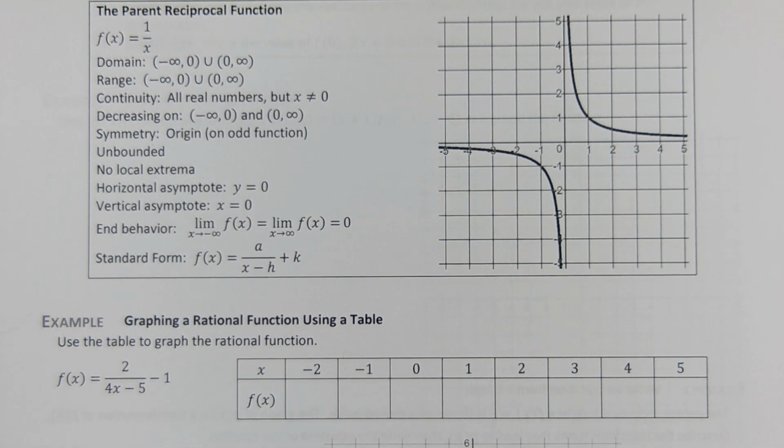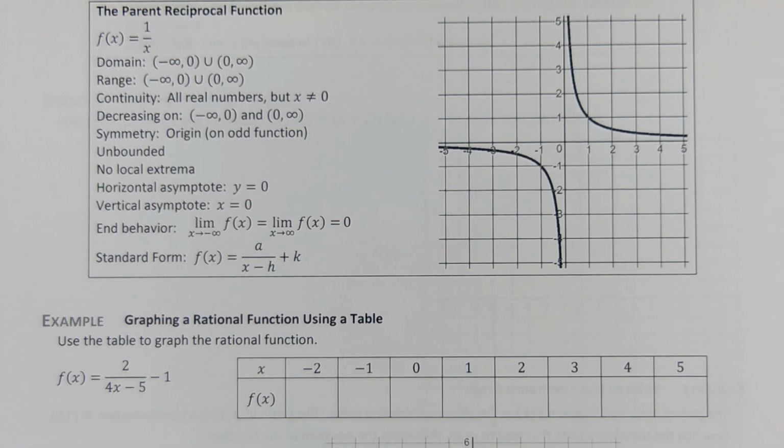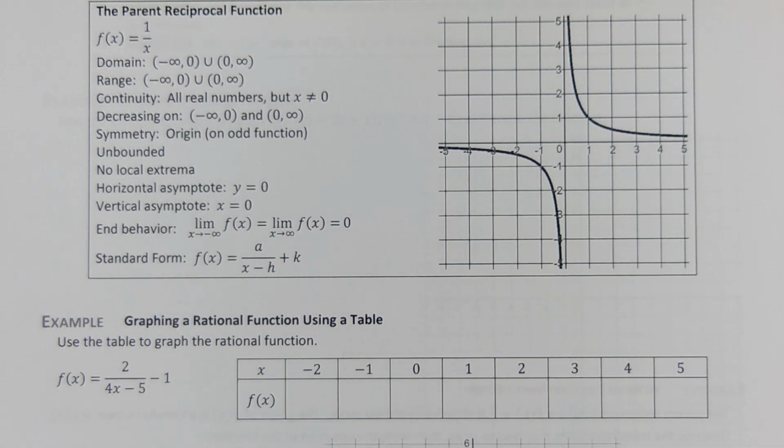Now, we've worked with asymptotes before this year. When we learned about exponential functions, we learned that all exponential functions have a horizontal asymptote, a y value that they approach, that they never reach, but they get infinitely close to. Okay, the true definition of a horizontal asymptote is simply a y value that you will get infinitely close to. It actually has nothing to do with whether or not you ever reach it,